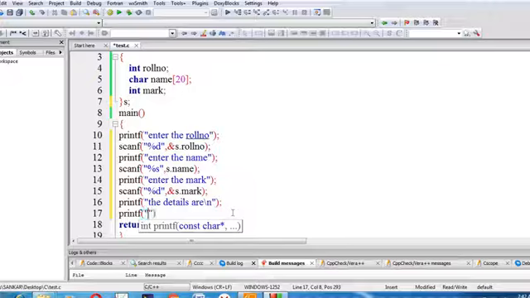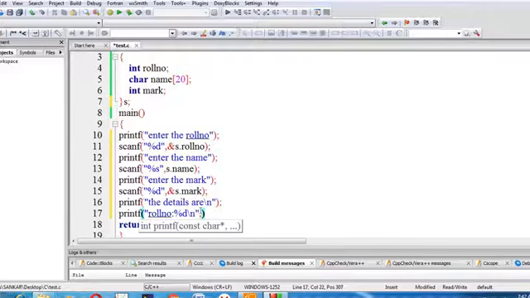Printf, %t, here the roll number, roll number colon %d \n.